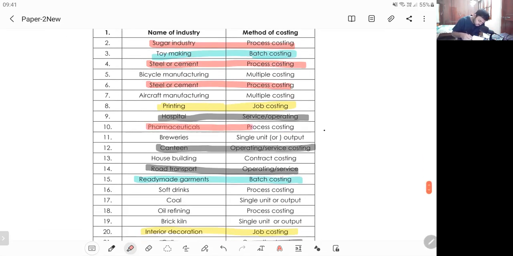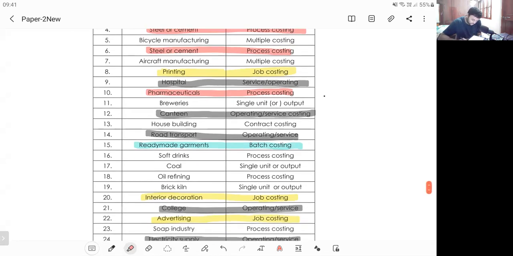Next, pharmaceuticals. You cannot produce a product just like that. Once I went to a pharmaceutical company for the purpose of an audit. I thought they would be producing some medicines, but unfortunately they were not producing any medicines, my dear friends. What they were doing is taking wooden logs and converting the wooden logs into ashes. That's the only work they do. I asked, what will you do with these ashes? These ashes will later be transported to one more industry where they will be mixed with other chemicals in order to make a tablet. That's what's happening here: it is being produced in a process. So here we use process costing.